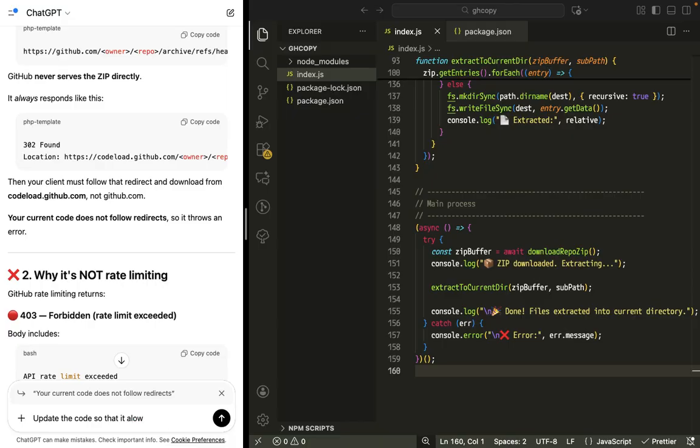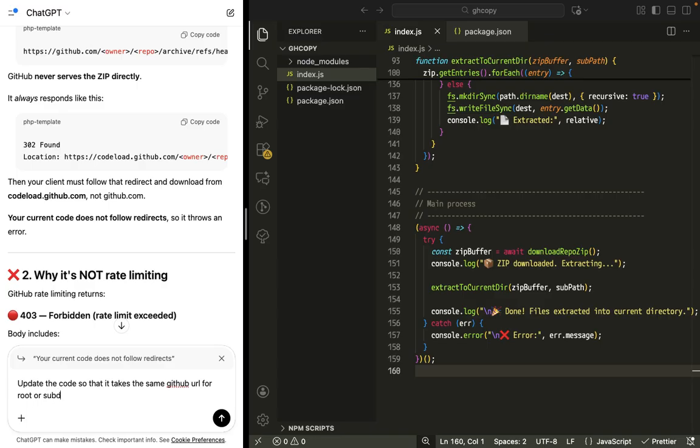It allows, but the user won't type codeload.github.com. They will simply provide the URL of github.com and some subdirectory. So I'm asking ChatGPT so that it takes the same GitHub URL for root or subdirectory